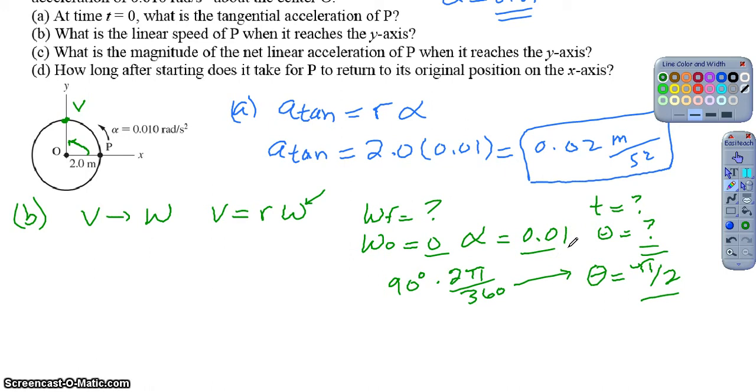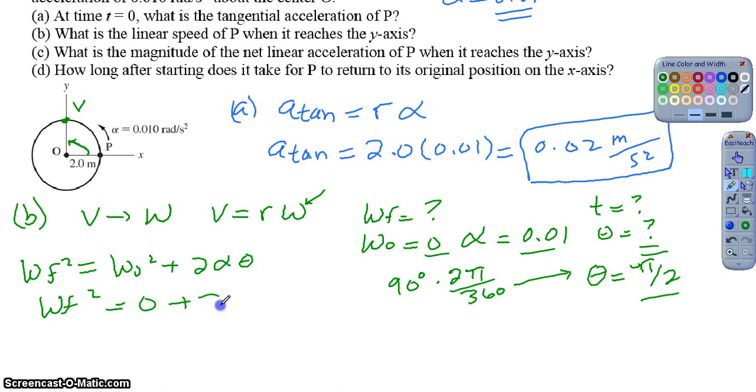So we can pretty easily find, using kinematics, our final angular velocity, and then obviously plug that in to find our linear velocity. Probably using this formula, unless you want to do 2 steps out of it, we can set up the final velocity squared equals the initial squared plus 2 alpha theta. Again, plugging in the measurements we know, we're looking for the final velocity squared. This is 0 plus 2 times my angular acceleration of 0.01